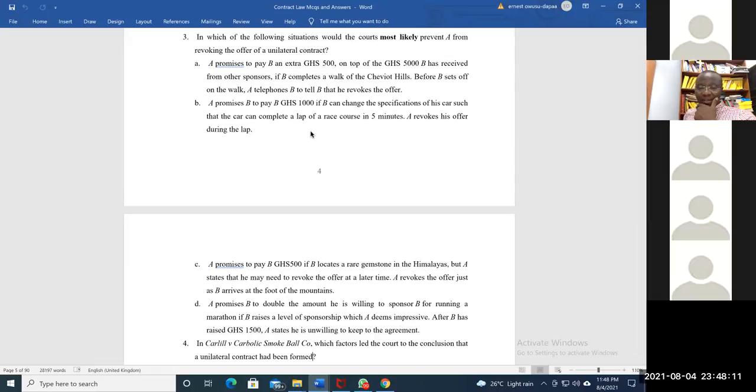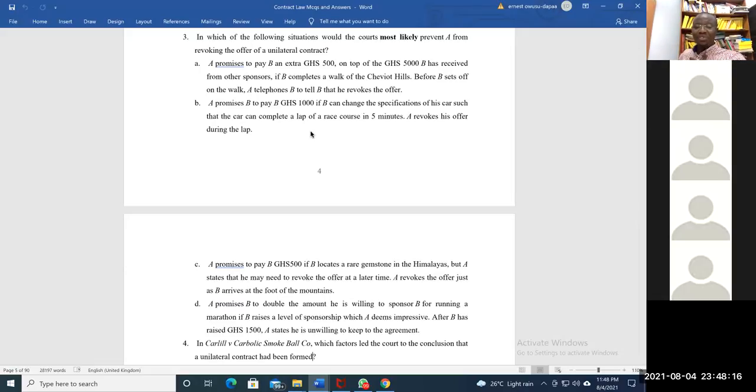So the D, we are told that when he made the offer, he indicated that he may need to revoke the offer at a later time. Then he revokes the offer just as B arrives at the foot of the mountain. So C, performance has commenced, but we cannot say that no, B is different from C, because you are supposed to